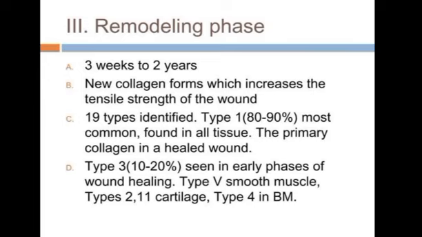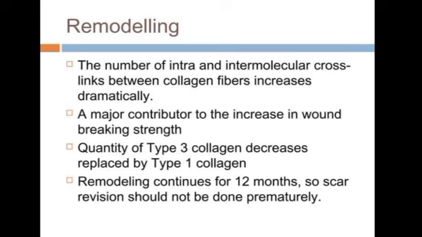It will be formed in the early phases of wound healing. During that time the collagen is somewhat less effective than the normal collagen, so it is replaced by type 1 collagen. Then type 4 collagen is laid down in the injured areas. Collagens will be regenerated.